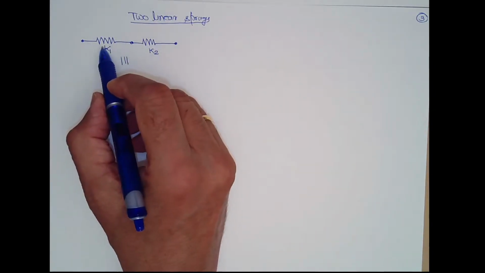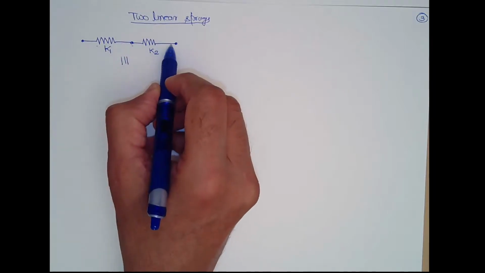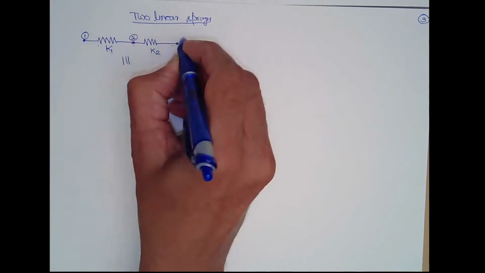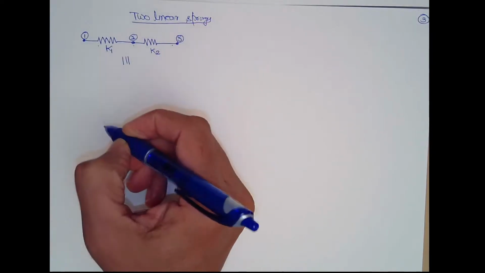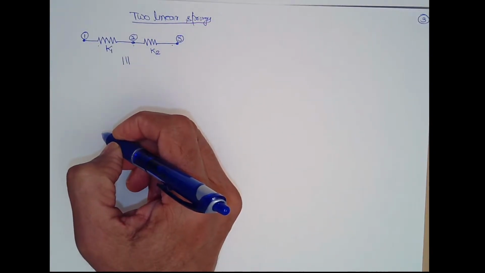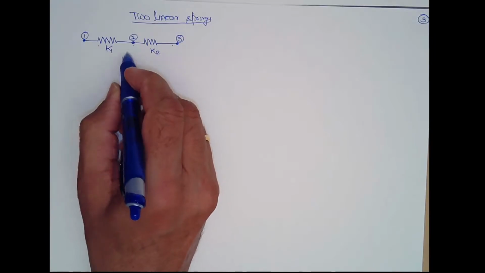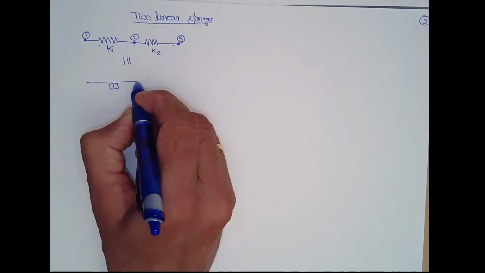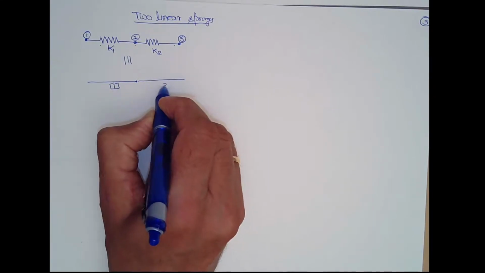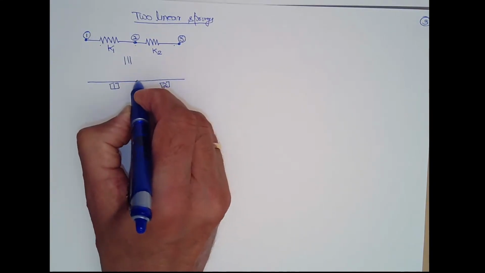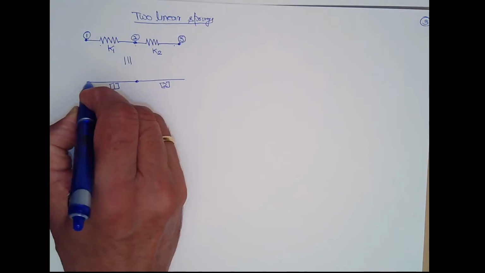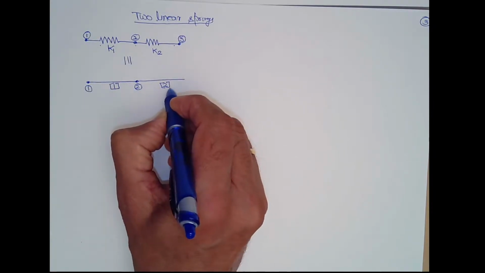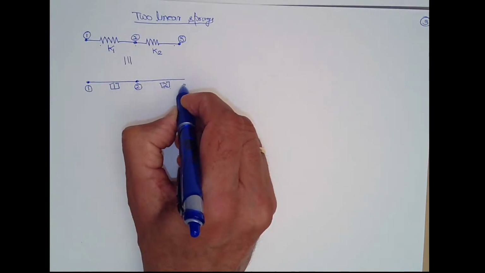We are discussing that if you have two linear springs joined at points 1, 2, 3, what is the finite element equation for such linear springs? So I say this is equivalent to element 1 and this is equivalent to element 2, right? And element 1 is connected at node 1, node 2, element 2 is connected between node 2 and node 3.